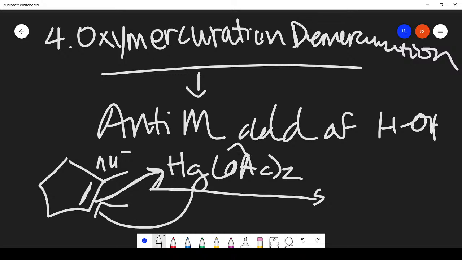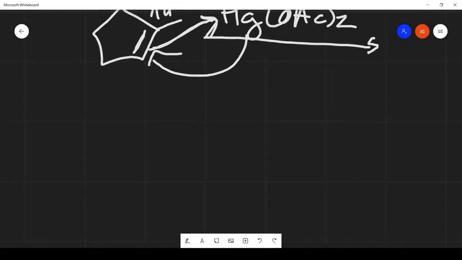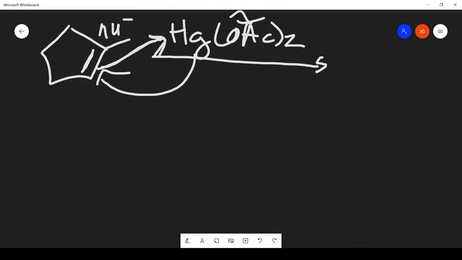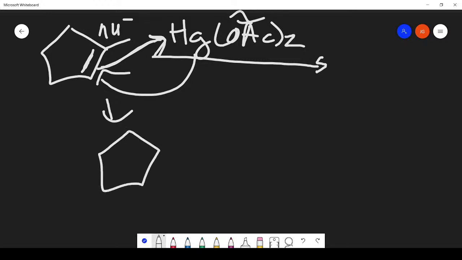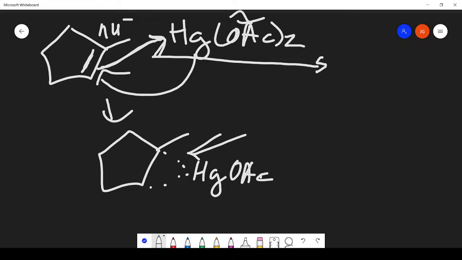So one of these acetate groups leaves, and you're going to get a ring around it. This trips up a lot of people when they see it. And all we're going to do here is break the ring with water so we get the,